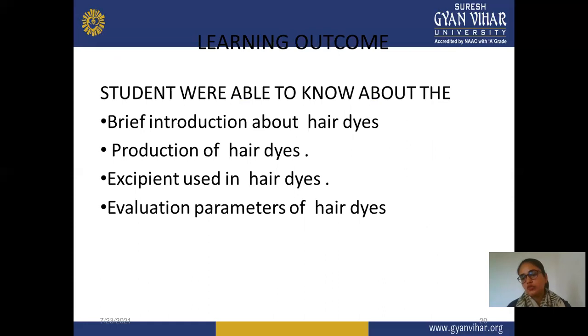After completing this, you should know the learning outcomes of this lecture. In this lecture we gave a brief introduction to hair dye: what a hair dye is, different hair dyes with examples, and why you prefer these dyes, or their purpose. We gave a complete description of hair dye, including classification. Next is production of hair dye, including the different types, and the excipients used in hair dye, and which excipient is responsible for showing the color. We already saw the color excipients or ingredients responsible for making the dye.